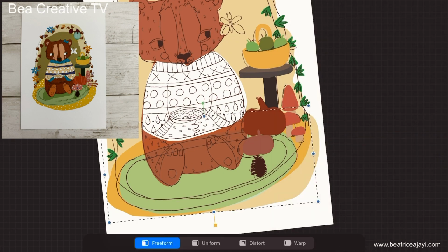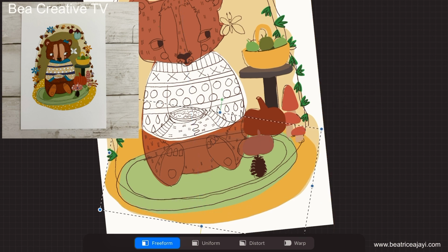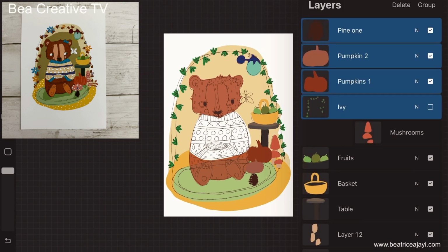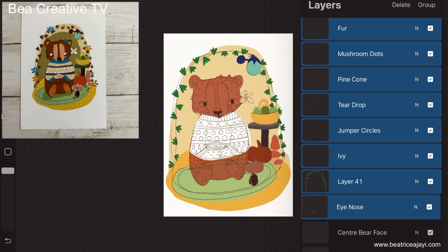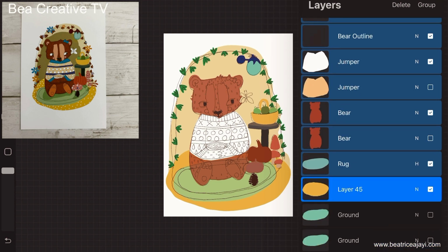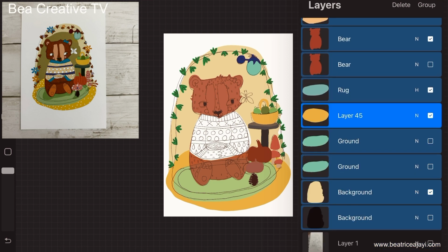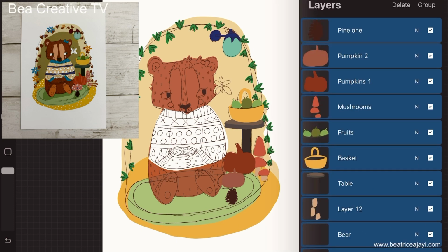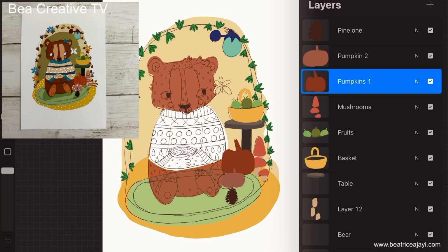I've also been using the clipping mask a lot more. I don't actually use it too much here. I use it in the mushroom, just one layer. But I've been finding it fun to use that a lot more recently, so that's been exciting. Yeah, so here I've just decided to take my time. I feel that there's a way I could do this a lot quicker, and I'm starting to understand Procreate a